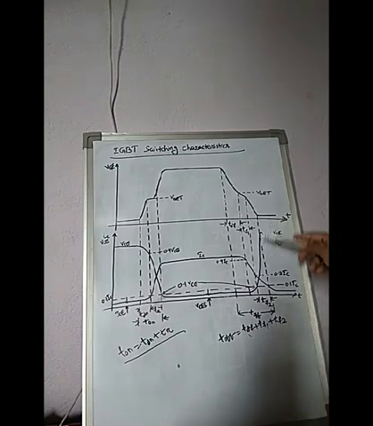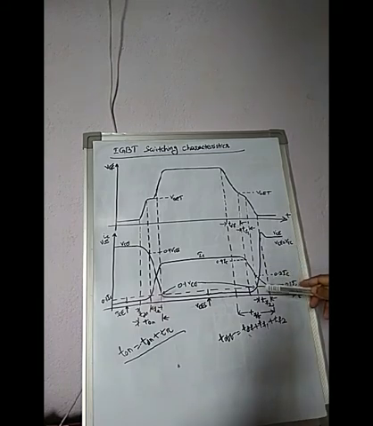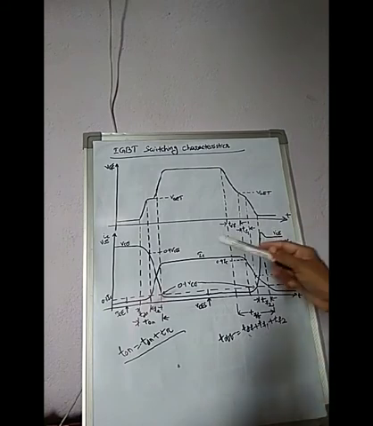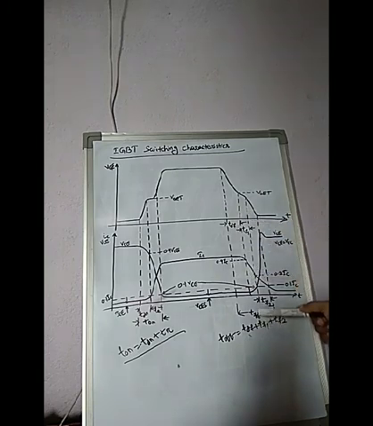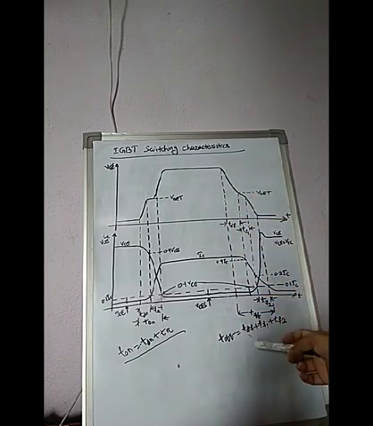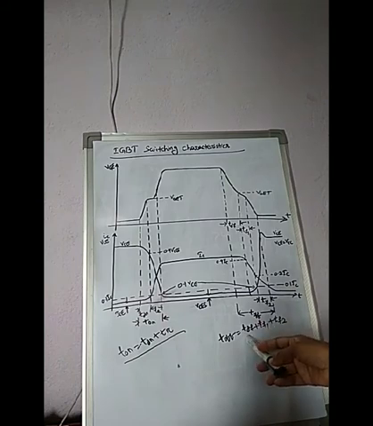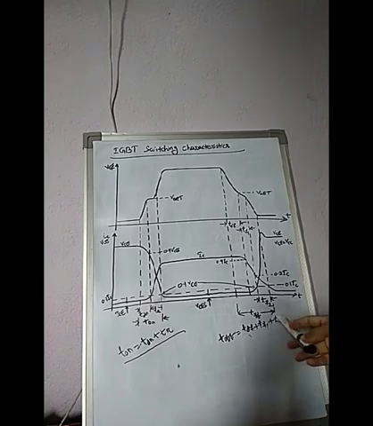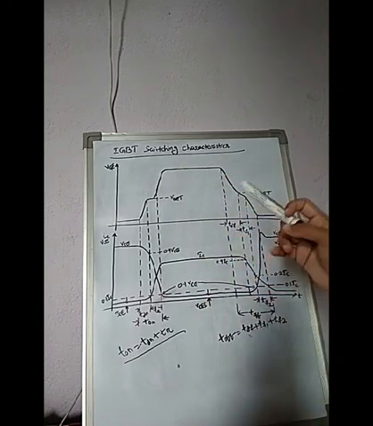Okay, so what are the changes happened in the parameters during the turn on delay time, rise time, turn off delay time, fall time, that means initial fall time, final fall time, you can see through this graph. So the overall turn off time is the combination of TDF, turn off delay time, TF1, initial fall time, TF2, final fall time. Okay, this is the overall switching characteristics for IGBT.